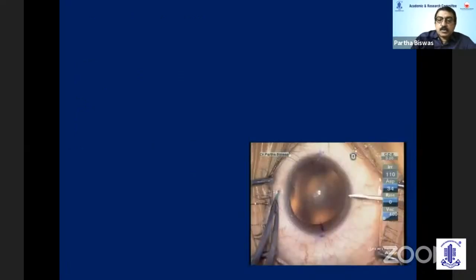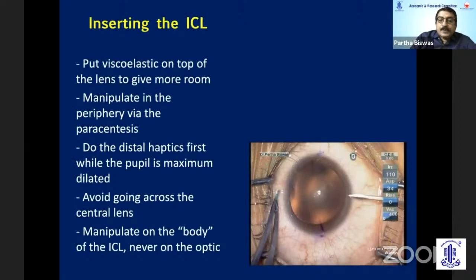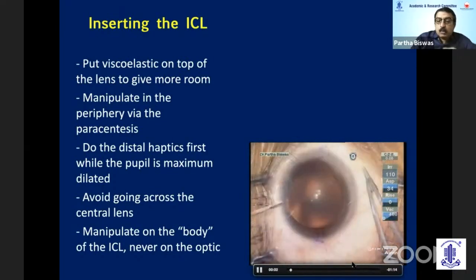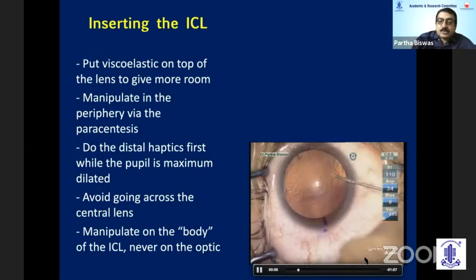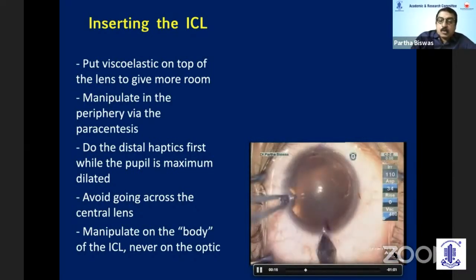And this optimal fill is important so that there is just enough methyl cellulose and the ICL opens the correct way, because if it does not open the correct way, then it's an upside down ICL, which comes in with a lot of difficulty, and this has to be removed, and again it has to be placed the right side on. So the 3.2 millimeters